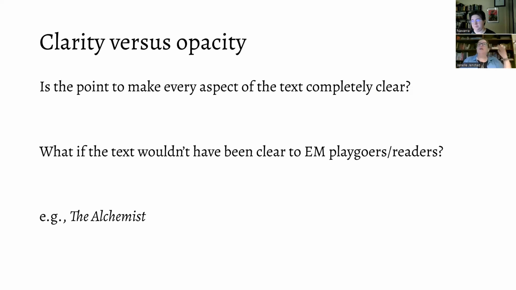We can try to explain how this would have landed for an early modern playgoer. We can explain the relationship between the two interlocutors in the dialogue, the one person who is claiming knowledge for the purpose of obfuscating or demonstrating power or intimidating, and then the other person who is not meant to understand, is meant to be intimidated. So think about how language can generate power dynamics in relationships and try to make that clear to our readers rather than making every single word clear.